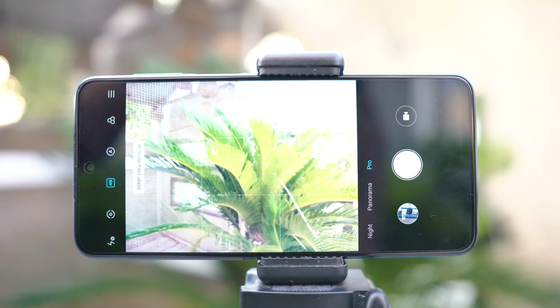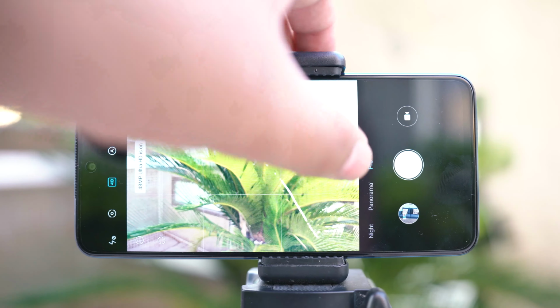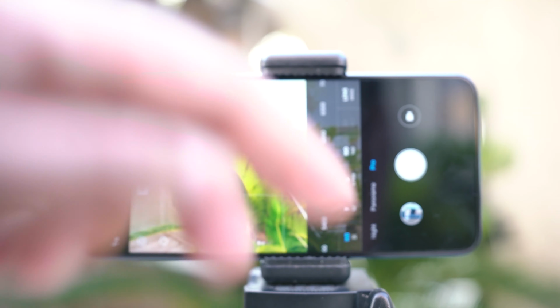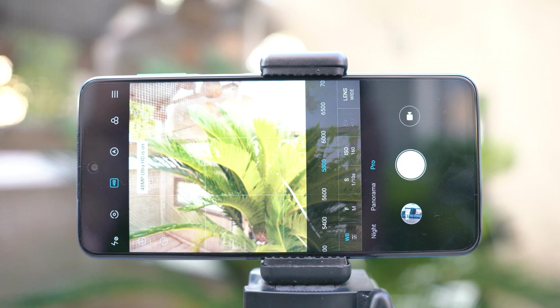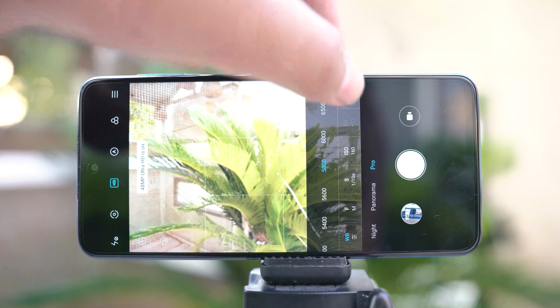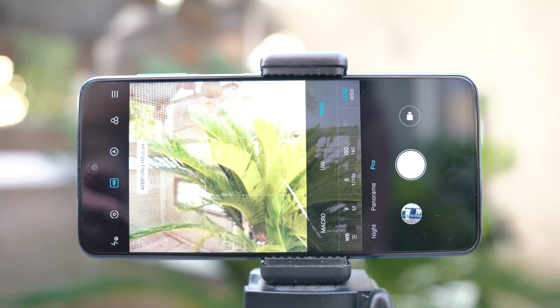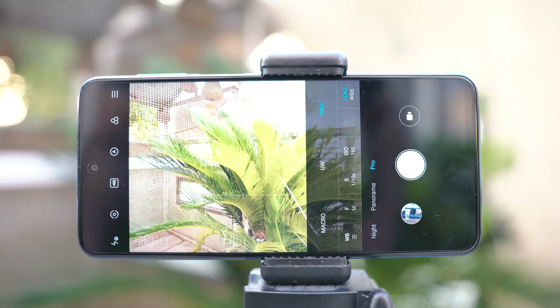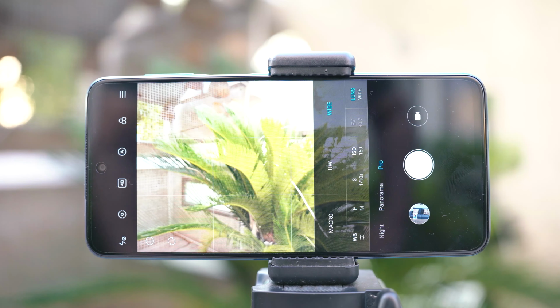Now in this mode, the camera is going to be restricted to the 48 megapixels only. The images are going to be really big here. You can change the ISO, the shutter speed, the focus and the white balance according to your own choice. Now switching to the ultra wide mode will definitely turn off the 48 megapixels mode because this is not the camera that we are getting for that.